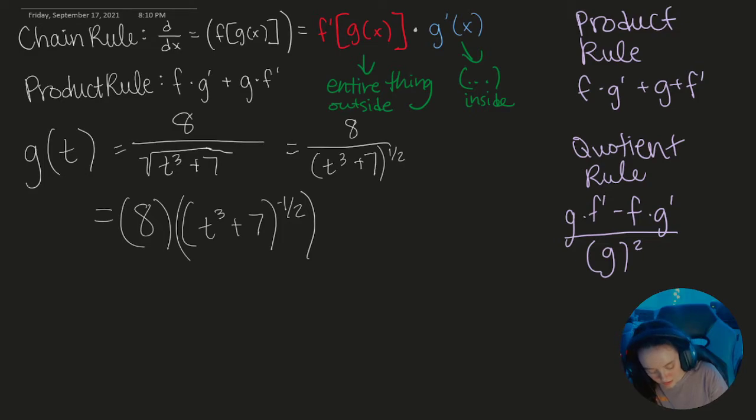And so then we could still do our product rule there, which in this case we would have f equals 8, f prime equals 0,